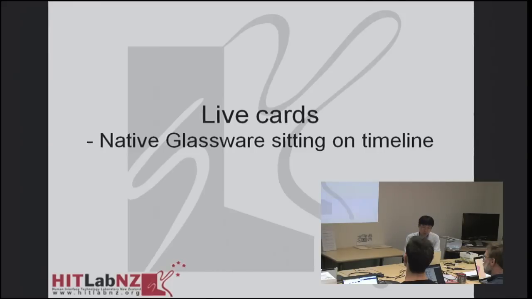So today, live cards. Today I'm going to talk about live cards, and it's basically a native glassware sitting on the timeline. So it's pretty much the same as what we talked about yesterday. It's a native Android app, but the difference from the immersion which we covered yesterday is that live cards sit on the timeline, especially on the left side of the timeline, and